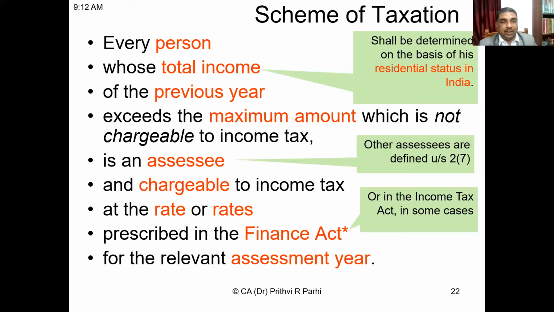Now, this is what I showed you, that every person whose total income of the previous year exceeds the maximum amount. So we need to understand what is the meaning of person. I also told you what is the source to find out the meaning of this thing. Source is the Income Tax Act, which is available at the website, you can see. As it is rightly said, a good lawyer may not be knowing what is law, but he should know where the law is. That is what is important for him, to know where the law is located, where he can search. If you know the source, then you can easily understand the law.